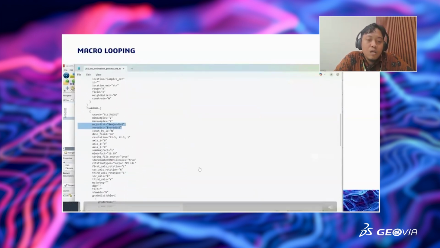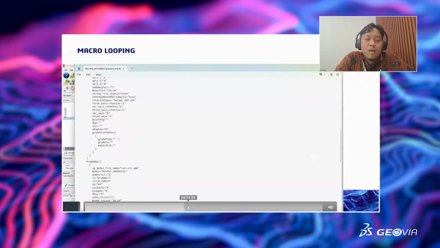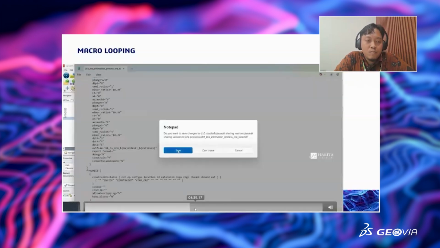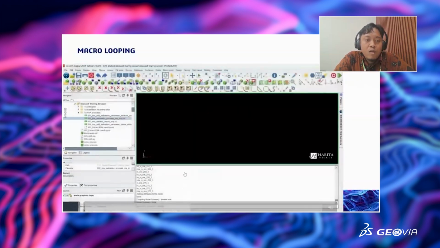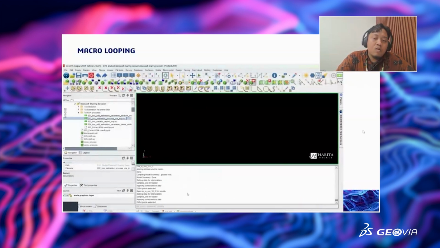It will call our set parameter on the top. After that, I will drag and drop my macro for estimation again here. It will make looping for each major distance and vertical distance for each parameter that we set before.